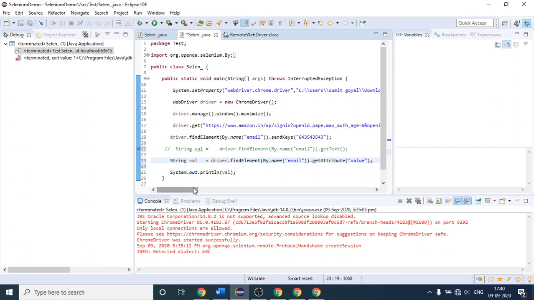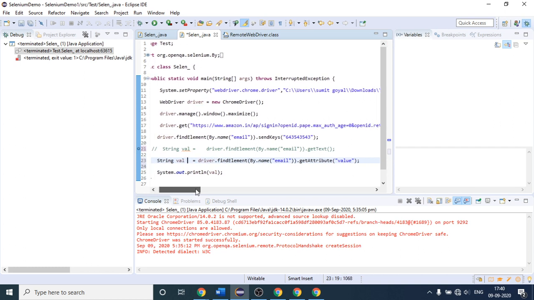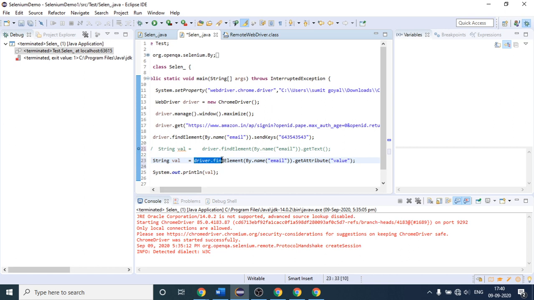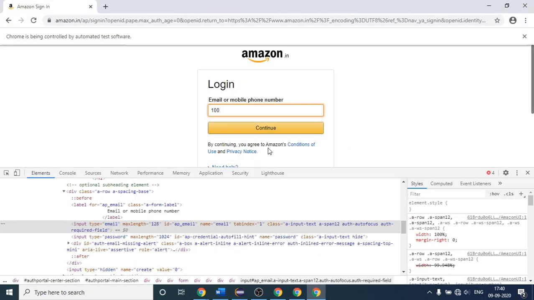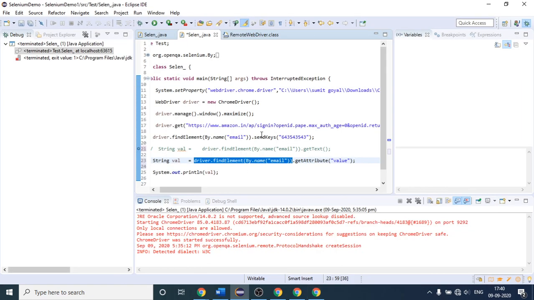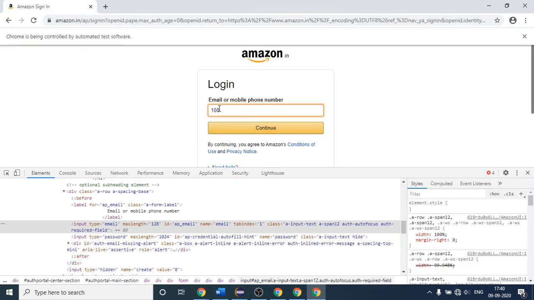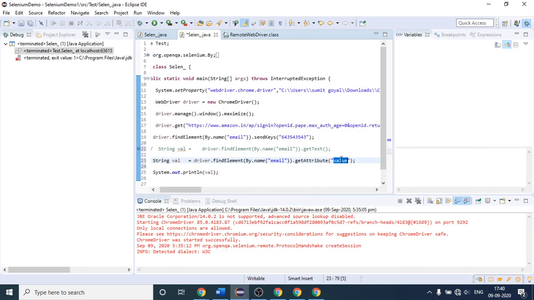Here again I am saying what I am doing. First of all, with the help of this, I have found this text box. You can see this is our text box, so this will be highlighted. This will be found by the Selenium code. After that, as soon as you write any number here, suppose you have written 100, that 100 will be cached inside this value attribute.